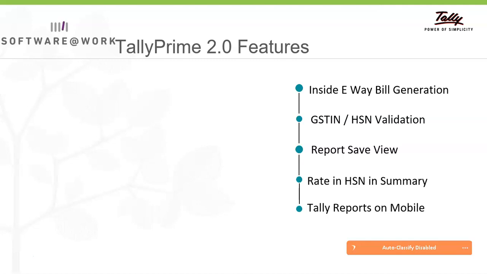The second feature: we can search and validate our GSTN number, HSN and SAC code inside Tally Prime. This is a great option available in Tally Release 2.0. With this release, verification of the GSTN number is possible inside Tally. We need not go to the portal and search the GSTN number again. And also we can search the HSN and its description inside Tally.